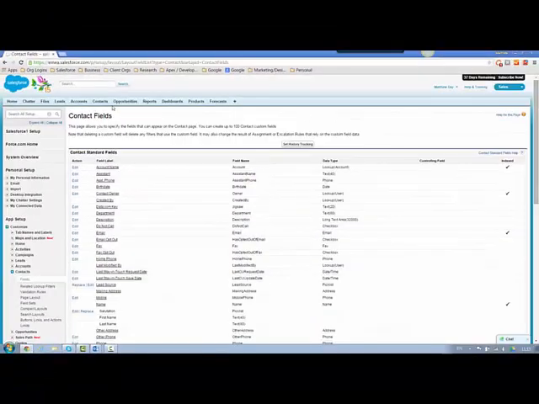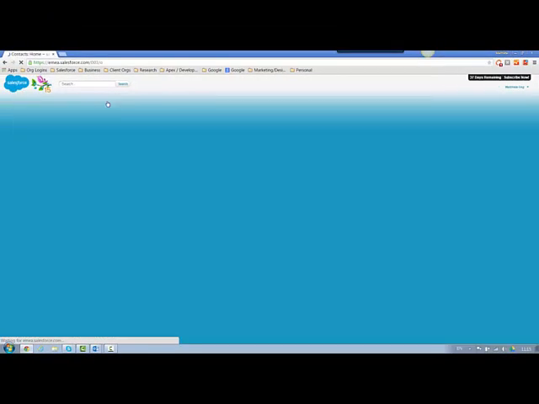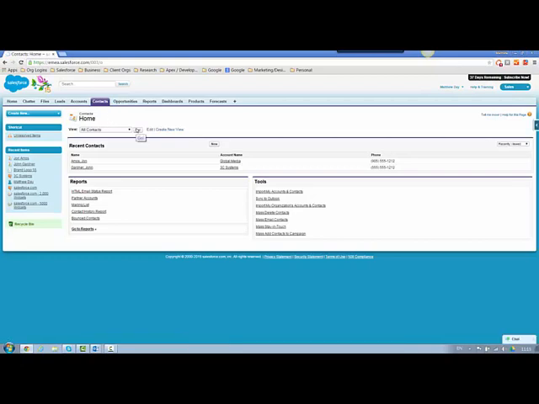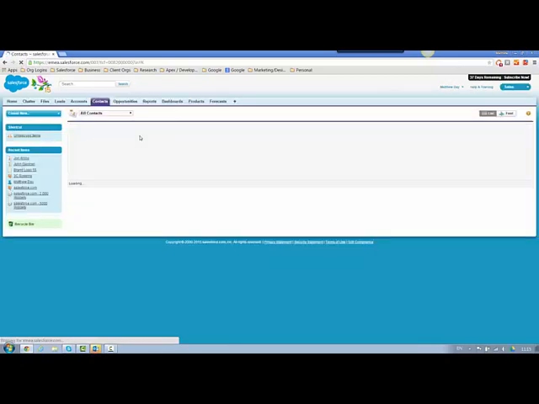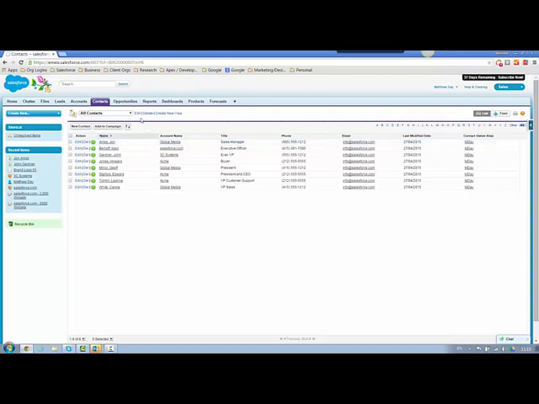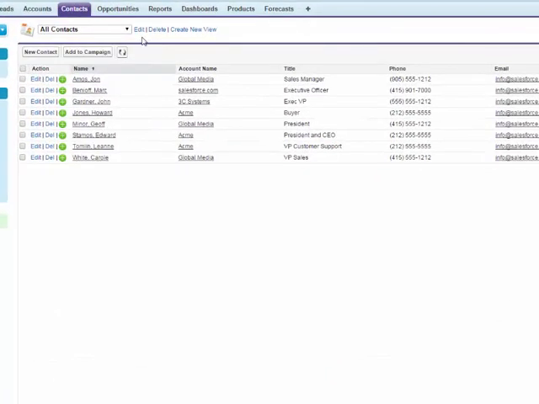So let's go back to our Contacts tab and our view of all contacts. Okay. And what we're going to do is edit this list, and instead of displaying the last modified date, we're going to display the last modified date time. So press the Edit link next to the list view,